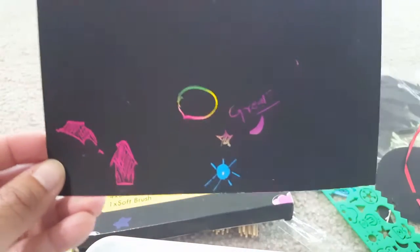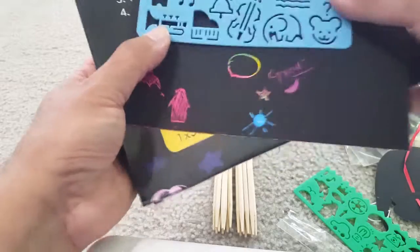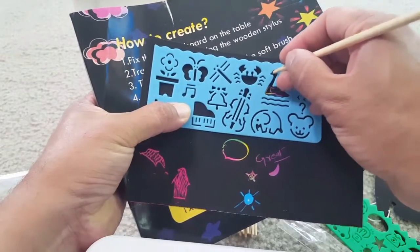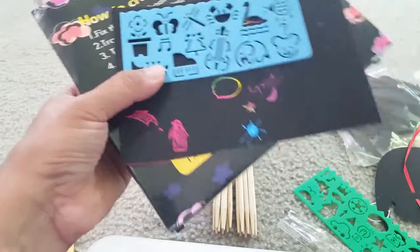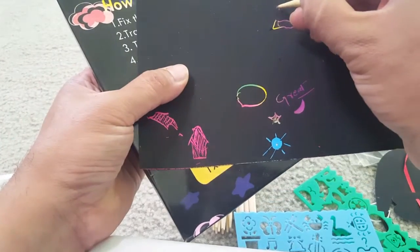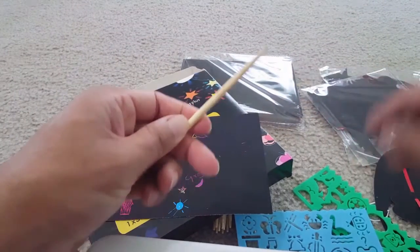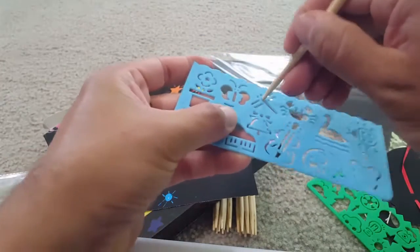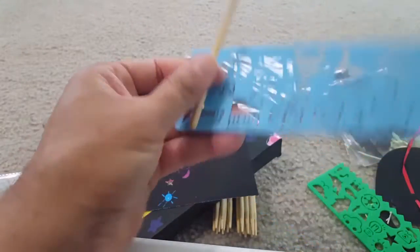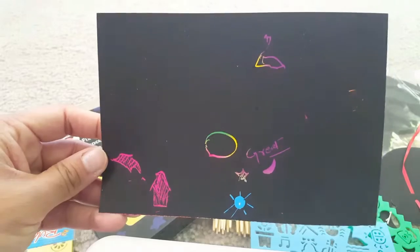So as I said, I will discuss something on tips and tricks. These are the other sheets that I'm trying to use, and here you see I'm not able to fit this big tip inside the stencils. So what you can do is sharpen the tip of the stylus so that it can fit inside this stencil. Because it's like a pencil, you can use a blade or something and just cut it off or make it sharper so that it can fit inside the stencils and you can use it properly. So don't think that because this is not fitting, it's not a good product. They actually provide 20 styluses, so you can sharpen 1 or 2, but to be